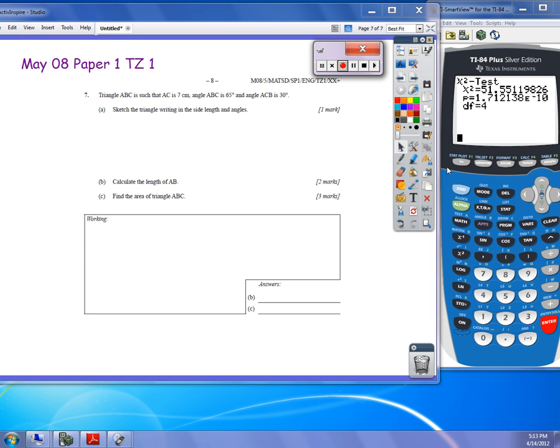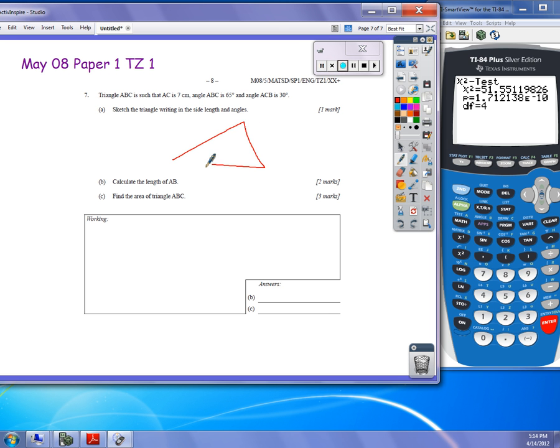Problem 7, a triangle problem. And again, we've got a free point here. It says sketch the triangle, writing in the side length and angles, and they're going to give me a point to do that. So I have triangle ABC,